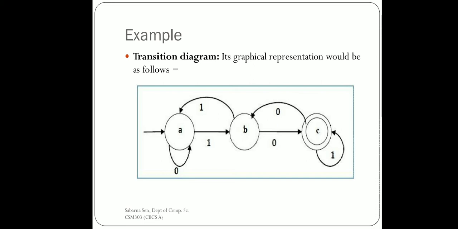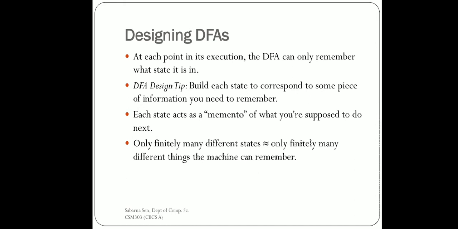Okay, so now we will see how to design a DFA. We have seen so far that a DFA can remember only which state it is in now. Means whatever the present scenario is, it can remember that only. It cannot remember whatever states it has visited so far, and what functions it is going to do in the future. It is not stored anywhere. So whatever state it is executing on now, or whatever input it is processing now, it can remember that only, nothing else.